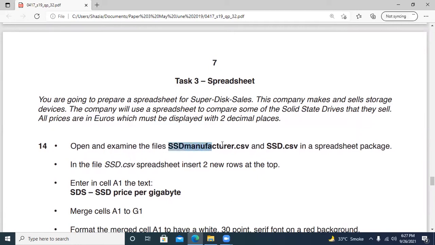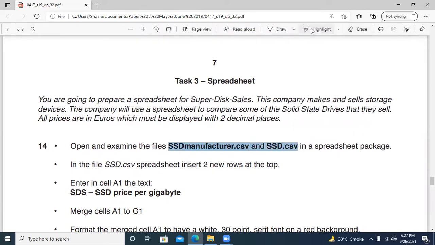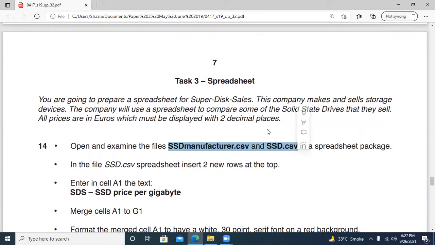These are the SSD manufacturers.csv and SSD file.csv, so these two files. As you know, we are used to importing files from the work area.